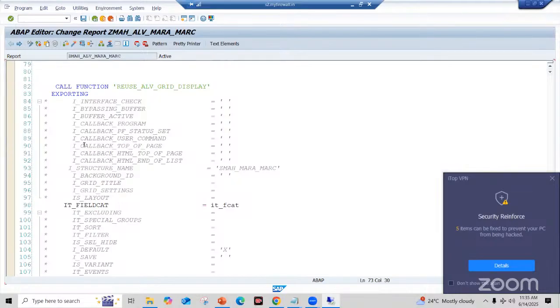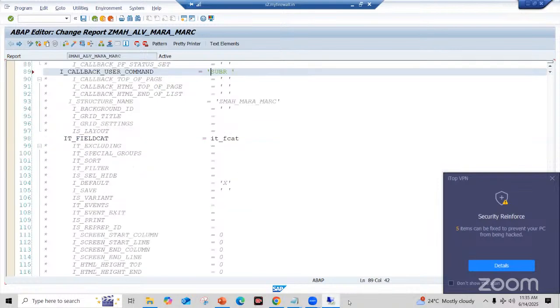Where is the user command option here? Here you can write the subroutine name in single quotes. Then you can write this code. How to write the code is